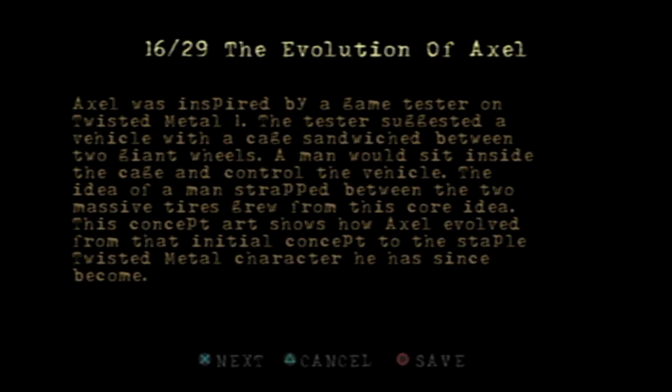The tester suggested a vehicle with a cage sandwiched between two giant wheels. A man would sit inside the cage and control the vehicle. The idea of a man strapped between the two massive tires grew from this core idea. This concept art shows how Axel evolved from that initial concept to the staple Twisted Metal character he has been